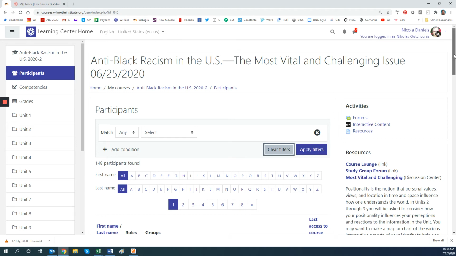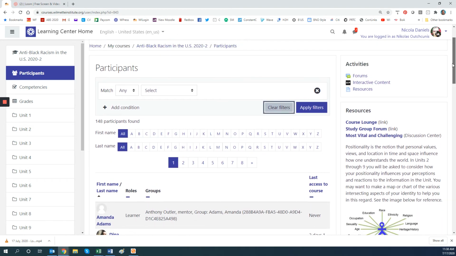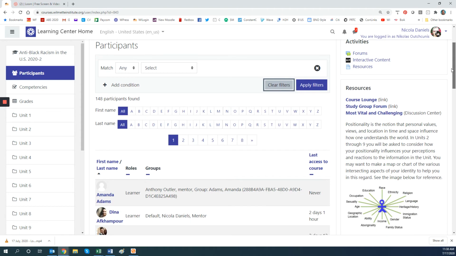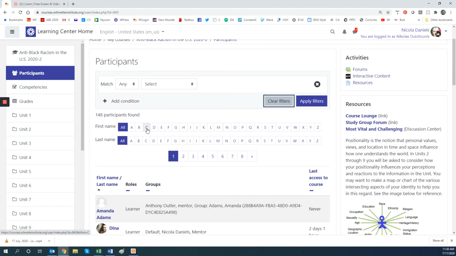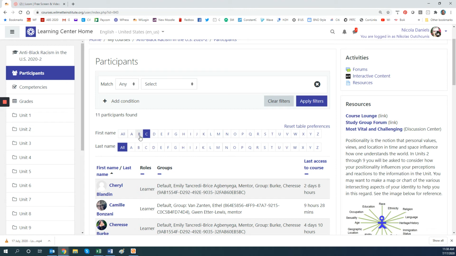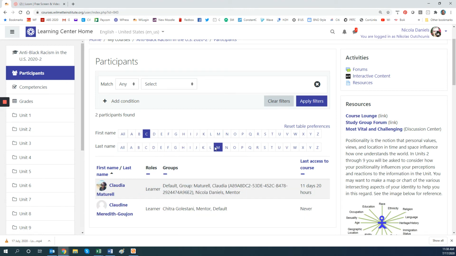Perhaps you remembered her name, but it's a long list and she's not in the top section of the list. So let's say you remembered her name was Carol and you remembered her last name was Mansour. So this is a quick way to find people with different names. You click on the letter of their first name and the letter of their last name. And here,